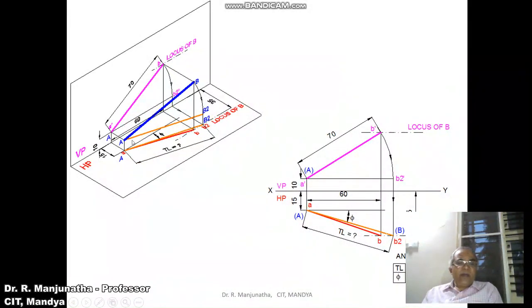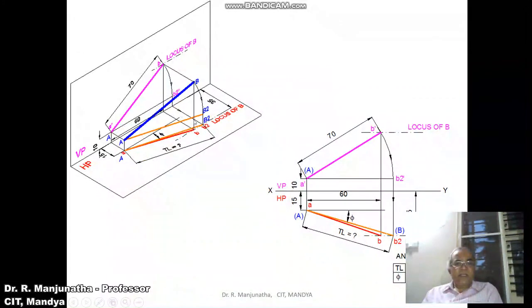Similarly, when we are taking the true length in HP, you take the line which is in space and rotate it so that both A and capital B2 are above HP by 10 mm. That means AB2 is parallel to HP. So you are getting the true length in HP here. When you are rotating in space, what happens? When you look from the front view, the image is going to be rotated in the vertical plane with A dash as center, taking the radius of A dash B dash, and make it parallel to HP. Both A dash and B2 dash are above HP by 10 mm. So now the line is parallel to HP.